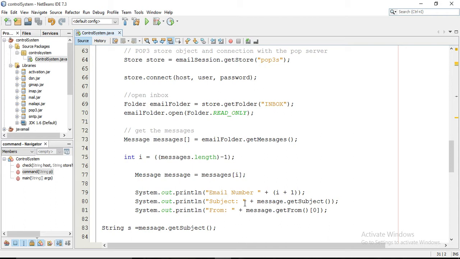We are actually not reading that message. Okay, so in the previous video I have already told you, and I have given you some homework, that you need to add some function here to read the message also. Okay, because we are reading here subject only, and this is from, means from who sent this email. Okay,